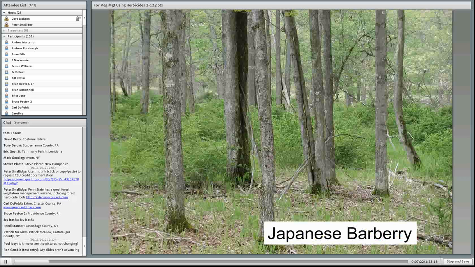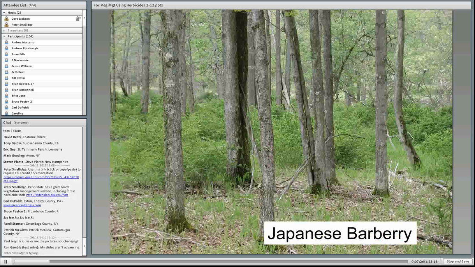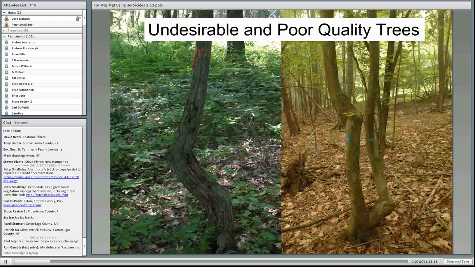Japanese barberry and other invasive plants that we're dealing with now. This is understory. You see the Japanese barberry in the background there. Very common across many parts of our state here in Pennsylvania. And all of those we've talked about so far,